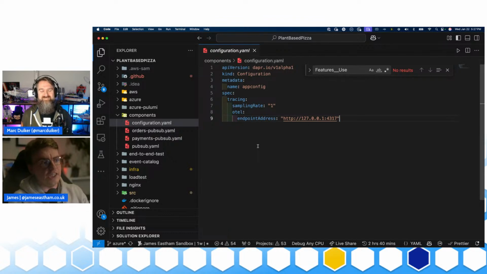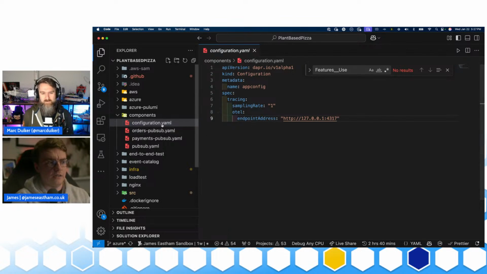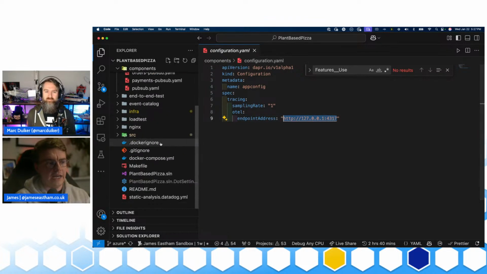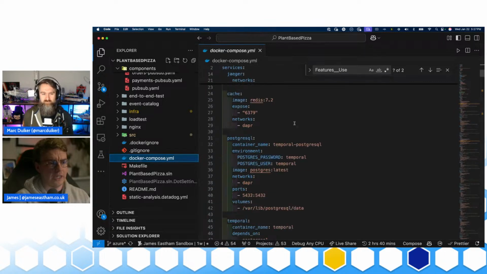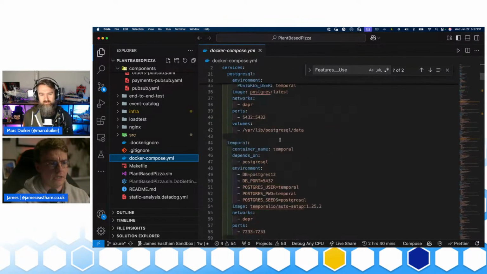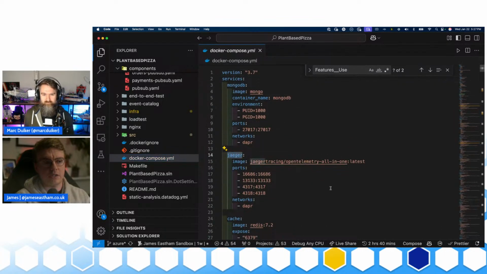But one of the things I really like is that you can configure a lot of the observability stuff at a global level. So here at a global level, this is for running the application locally and with Docker Compose, I can configure that I want all of my telemetry to go to that endpoint, which, when you run this locally, again, all the code is on GitHub, will then get routed to Jaeger. So when you run the application locally, you get OpenTelemetry, it all just works, and it's all routed to Jaeger.